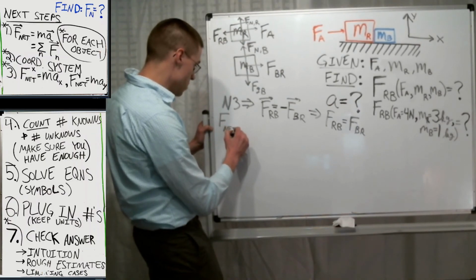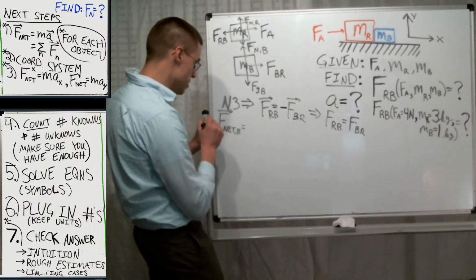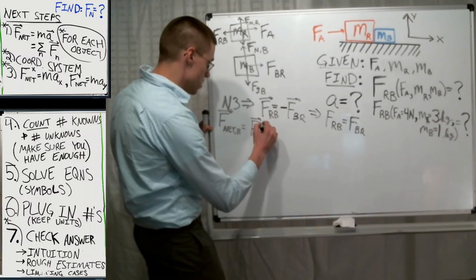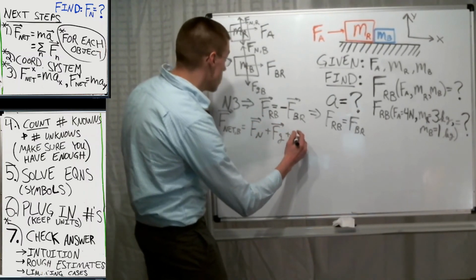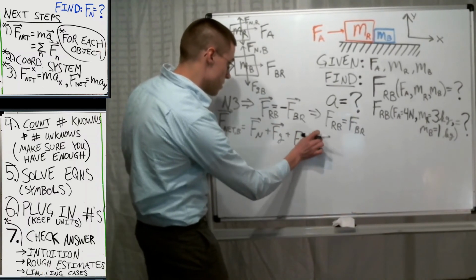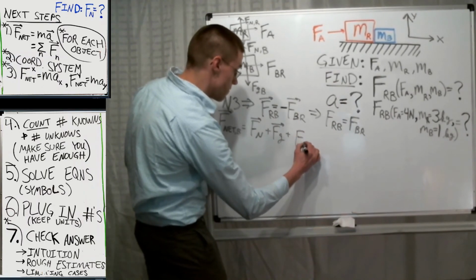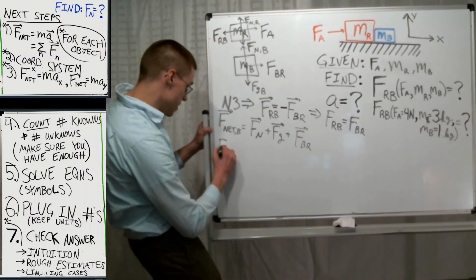F-net on B is just F normal plus F gravity plus the applied force, oops, sorry, I'm doing box B there, plus, right, FBR,